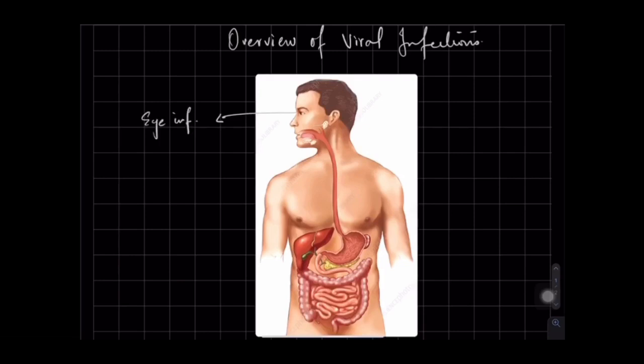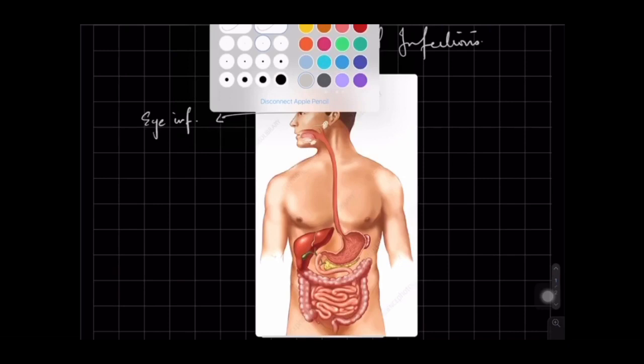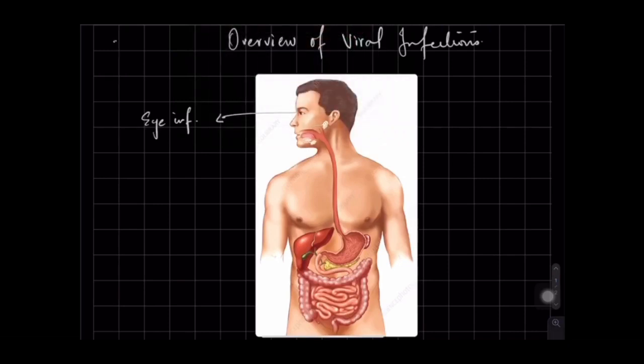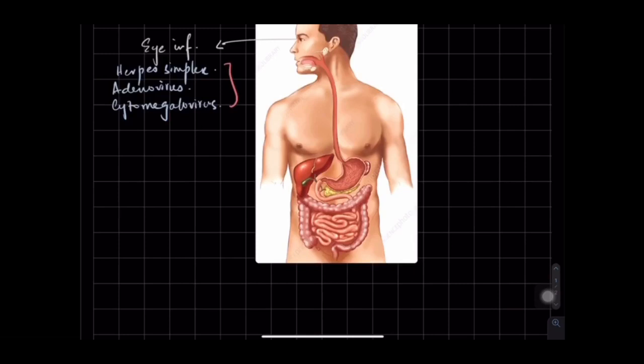Eye infections. The different viruses that cause them, I'm going to write all the viruses in this color. So the different viruses that cause eye infections are herpes simplex, adenovirus, and cytomegalovirus. Now, a mnemonic to remember these three names is, I try to remember them using